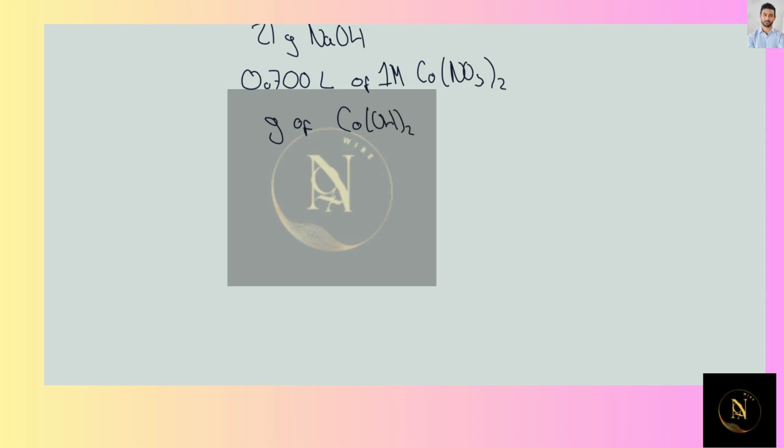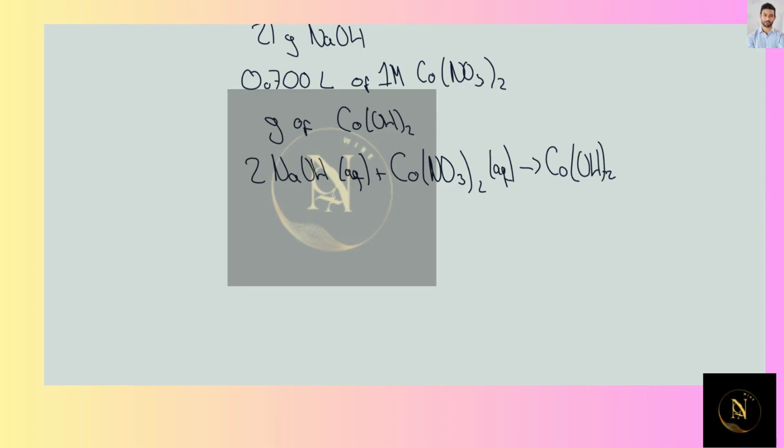are going to be formed following the precipitation reaction of 2 NaOH in aqueous medium plus cobalt nitrate, same aqueous medium, that is going to produce cobalt hydroxide as a solid plus 2 of sodium nitrate in aqueous solution. So over here what we want to know essentially is which one is going to be the